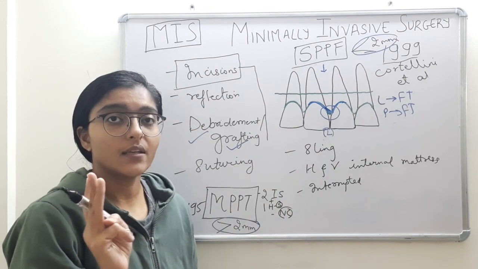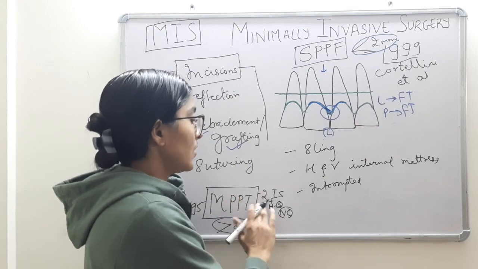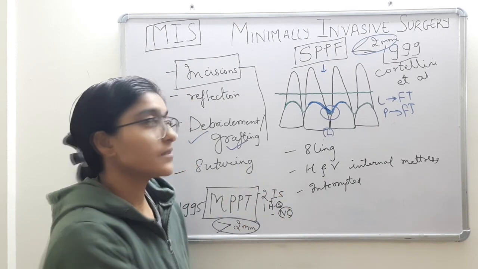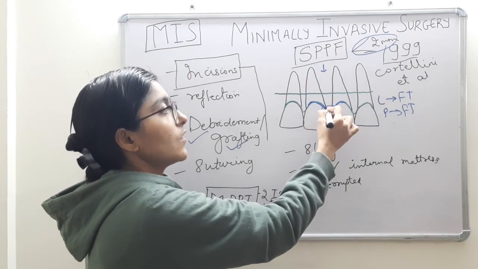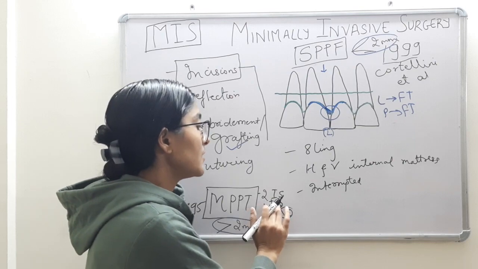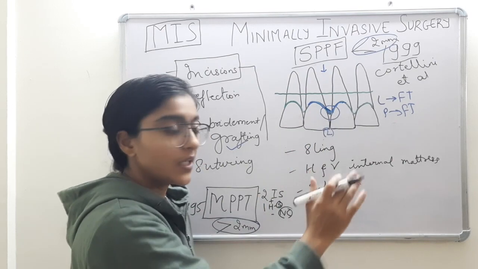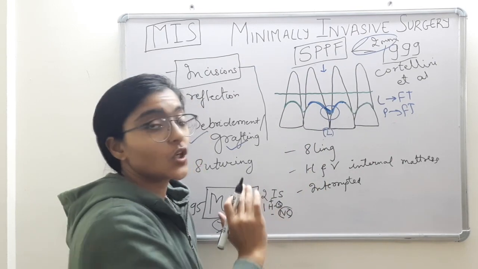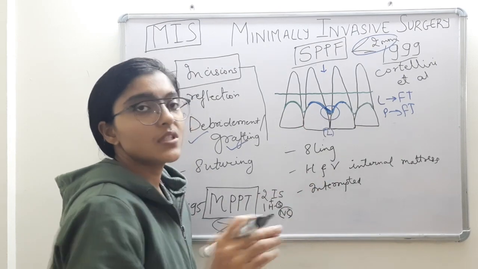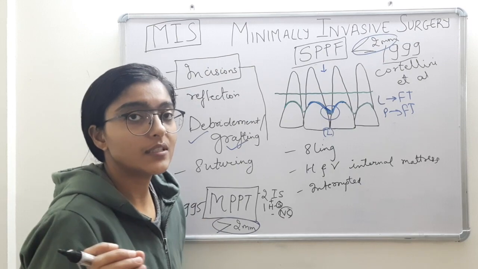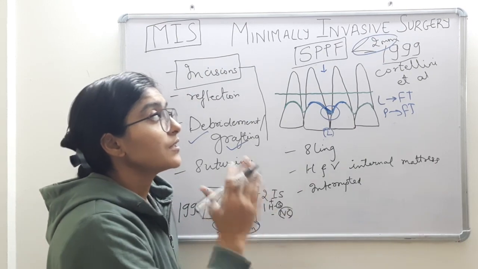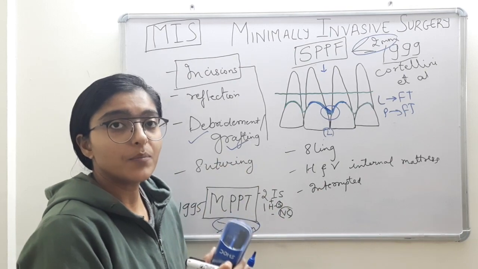The 3 differences are in their incisions. MPPT has 2 intrasulcular incisions followed by a single horizontal incision. Here, a single horizontal incision followed by the sulcular incision. The horizontal incision is straight, here it is oblique. Here the incisions are non-continuous, that is they are connected later. Here there is no such connectivity done afterwards, they are all continuous in the first place. These are the differences between SPPF and MPPT.